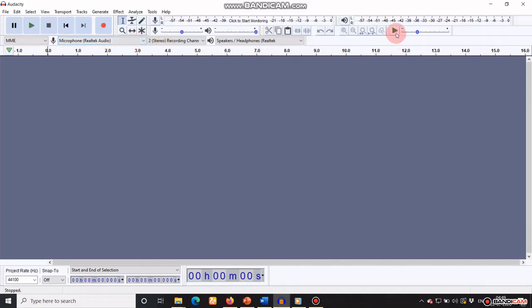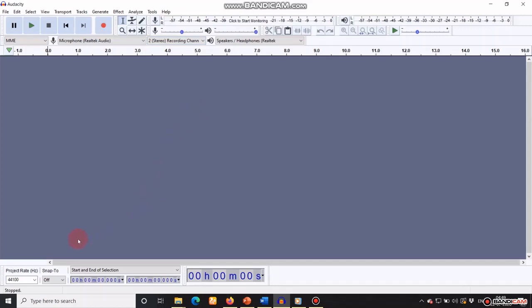The transcription toolbar lets you replay a selection at a slower or faster speed to listen for something in particular. Leave it at the default of 1. Lastly, on this row, you select whether you want to record in mono or stereo, and you want to use stereo, of course.